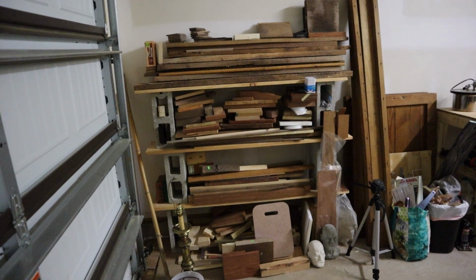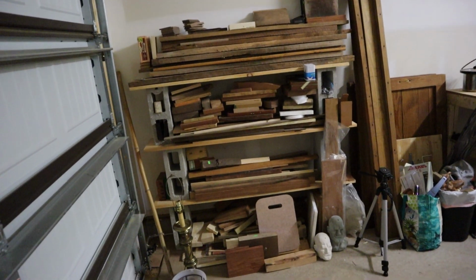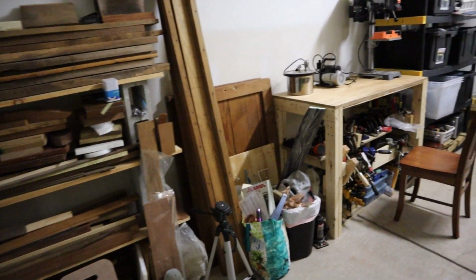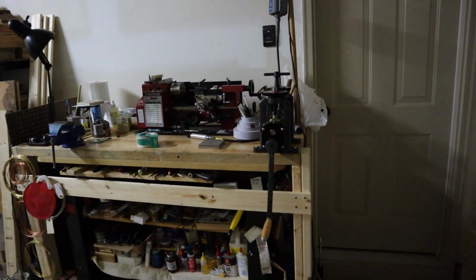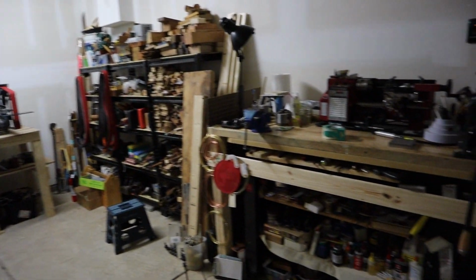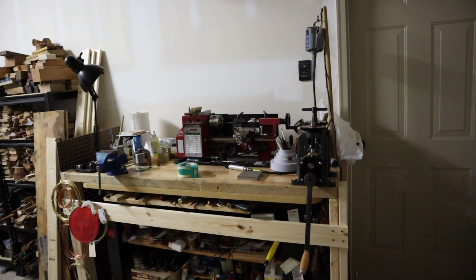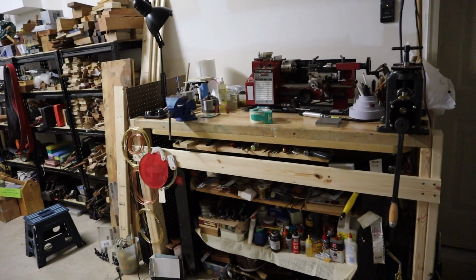All right, so this is not a particularly familiar sight. This is my wood collection, but this is my new shop. And by new shop, what I mean is I finally cleaned the floor and put everything where it's supposed to go and got myself set up and operational on my jewelry bench, which is the same one that used to